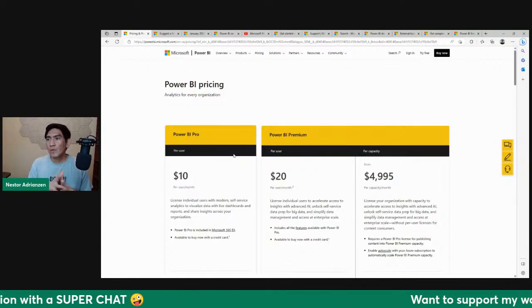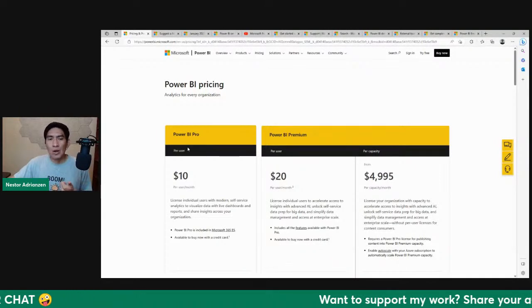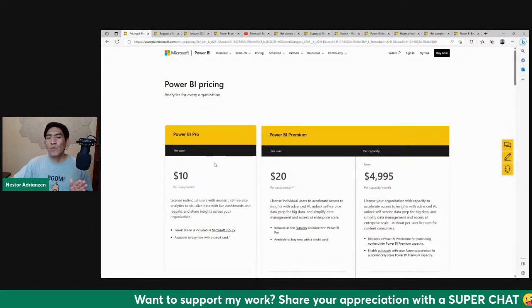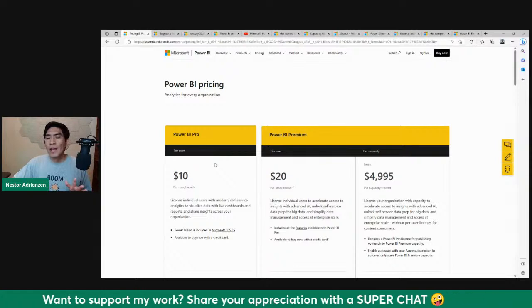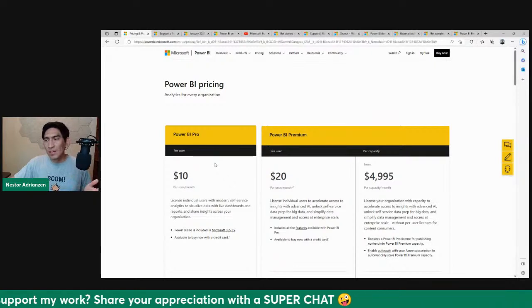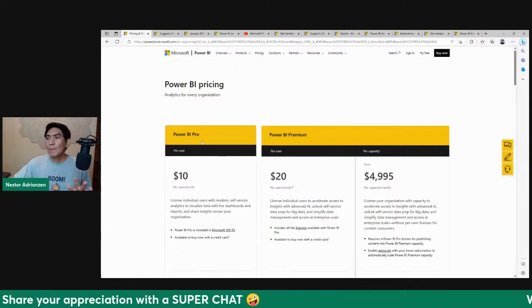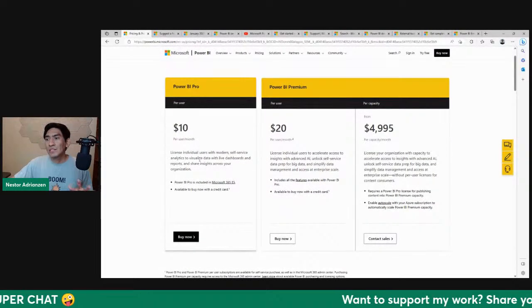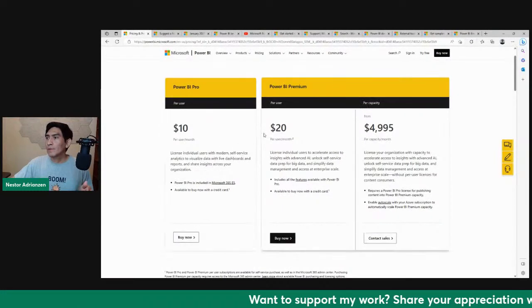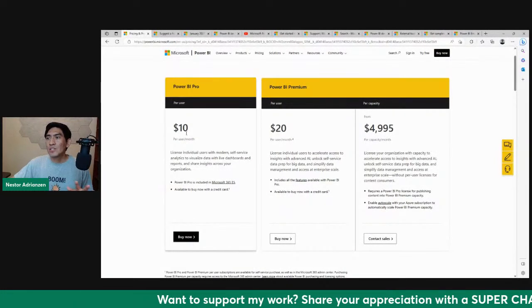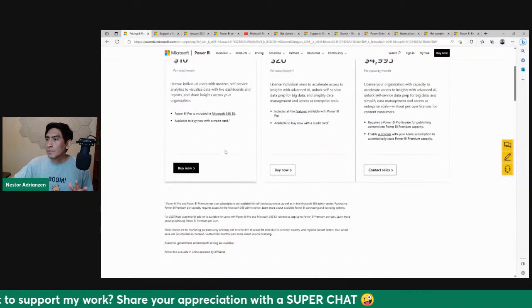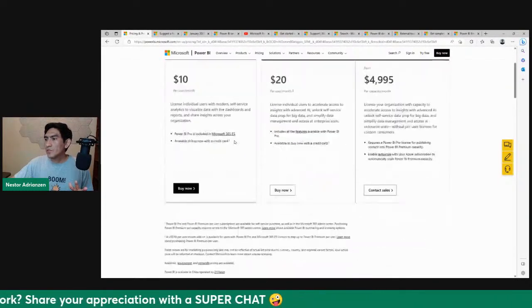And there are 3 different ones here. So you can have a Power BI Pro license. It's specifically for Power BI report creators, right? It's called Power BI Pro. And this is based on the US region. So it's $10 per month.